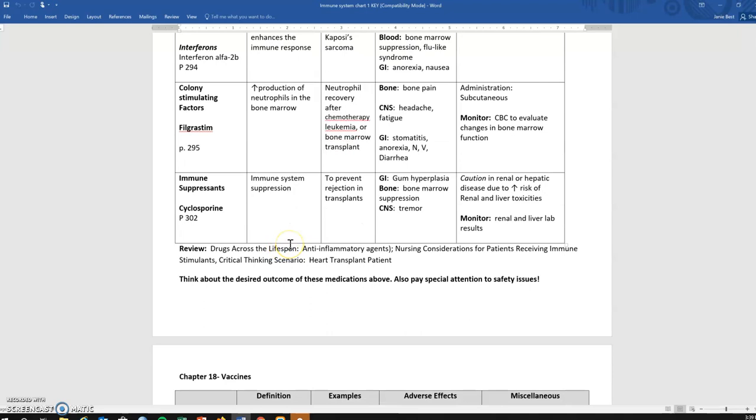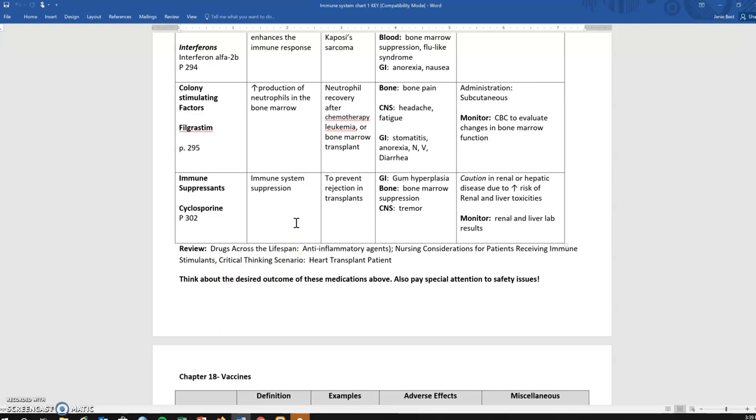An immunosuppressant that is commonly prescribed for patients to prevent rejection in transplants is cyclosporine. Its adverse effects include gum hyperplasia, bone marrow suppression, and in the central nervous system, patients can develop tremors. It's used with caution in renal and hepatic disease due to the increase of renal and liver toxicities, and those are the labs that need to be monitored